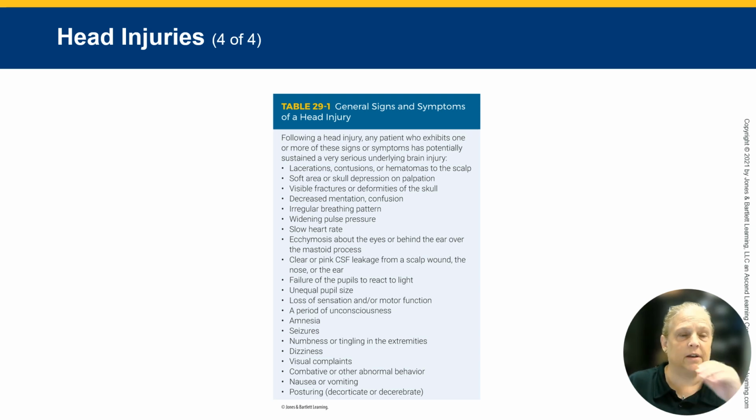Table 29-1 is going to show you some general signs and symptoms of a head injury: lacerations, contusions, hematomas, soft area or skull depression on palpation, visible fractures or deformities of the skull, decreased mentation, confusion, irregular breathing, widening pulse pressure, slow heart rate, ecchymosis or bruising about the eyes or behind the ear, over the mastoid process, clear or pink CSF leaking from a scalp wound, nose, ears, pupils aren't reacting to light, unequal pupils, loss of sensation or motor function, period of unconsciousness, amnesia, seizures, numbness and tingling in the extremities, dizziness, visual complaints, combative or abnormal behavior,